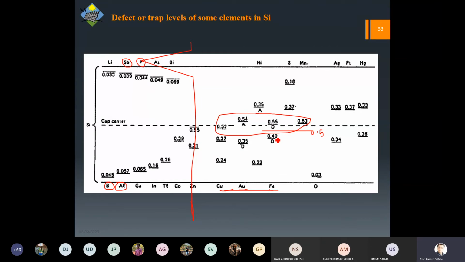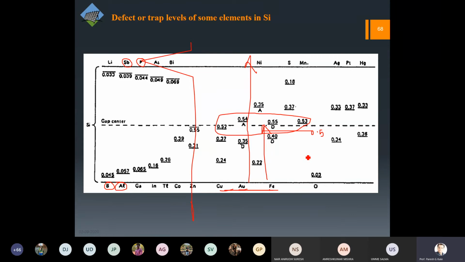So they are very near to this, and that's why if such impurities are present, there is more probability that this is going to provide a trap level for the electrons. Instead of the electron going from here to here, it will just sit here only. It is something like the last benches in a class. Everybody wants to go and occupy the last benches, right? But it cannot happen. Even if there are few rows, there will always be a last bench. That is what I mean here.